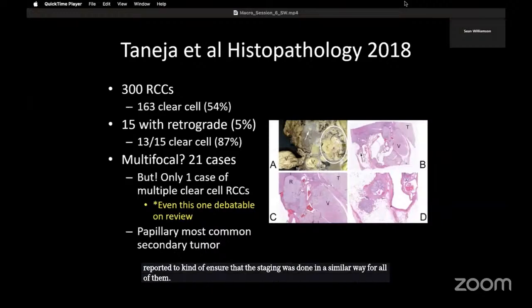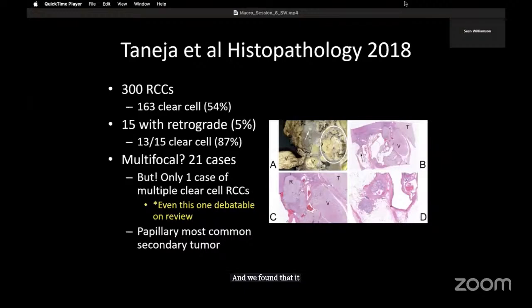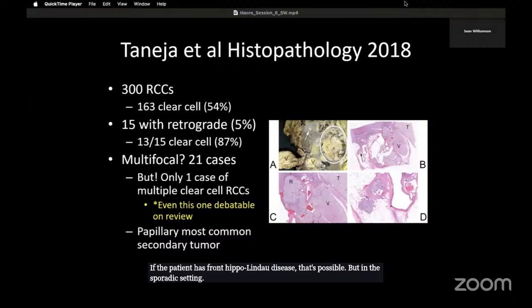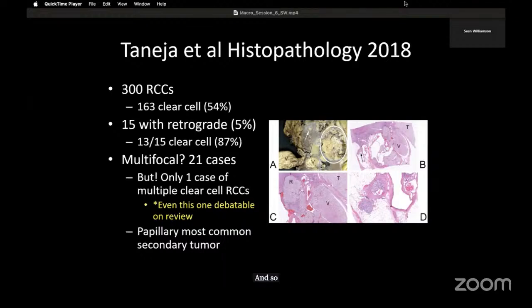And we found that it was very rare to have multiple clear cell renal cell carcinomas. If the patient has von Hippel-Lindau disease, that's possible. But in the sporadic setting, it's very uncommon to have multiple clear cell renal cell carcinomas. The tumors that were multifocal usually had a different histology, such as papillary renal cell carcinoma or clear cell papillary renal cell tumor. And so there was only a single one which seemed to be possibly multiple clear cell RCCs,